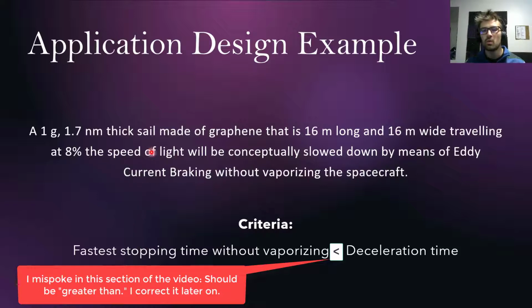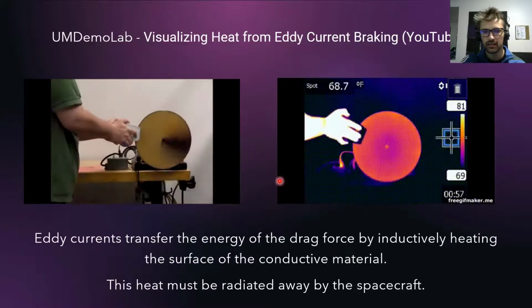So the criteria, which I'll elaborate on in the next few slides, is that you need to figure out what the fastest time you can stop your spacecraft is without vaporizing it. And then you need to make sure that the time you actually decelerate using this eddy current force is less than that given time. As I'll explain in a second,